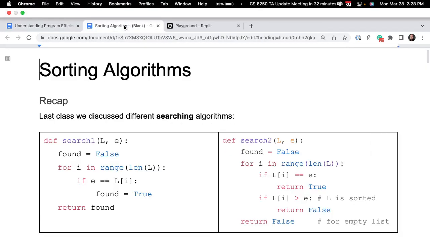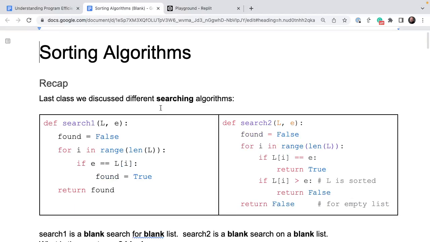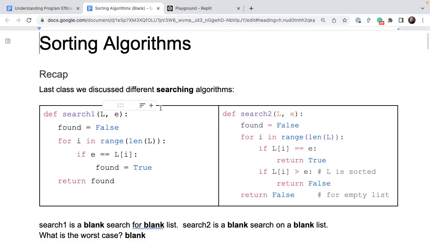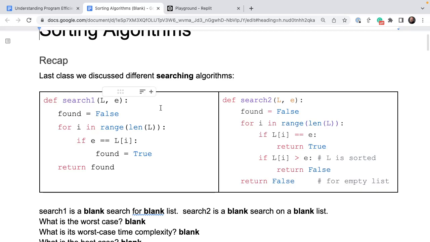Okay, so let's talk about sorting algorithms. With sorting algorithms, we're going to run into that case where you're going to have to do something regardless of what algorithm it is, and it's going to put a lower bound on the best case. You're always going to need to do at least something in a certain amount of time. So last